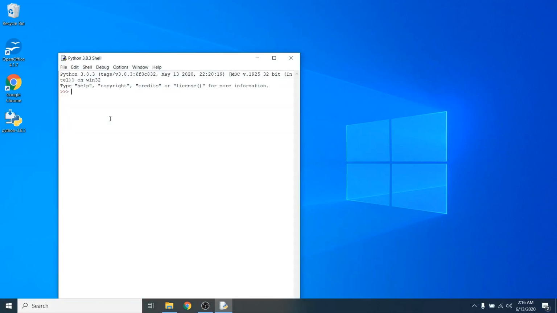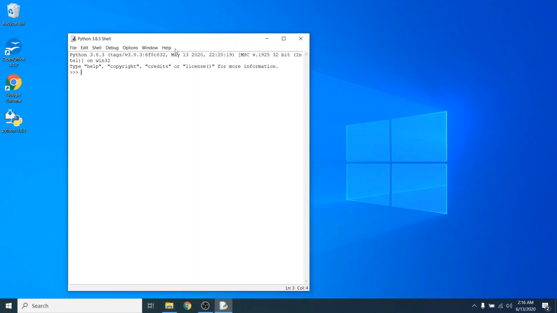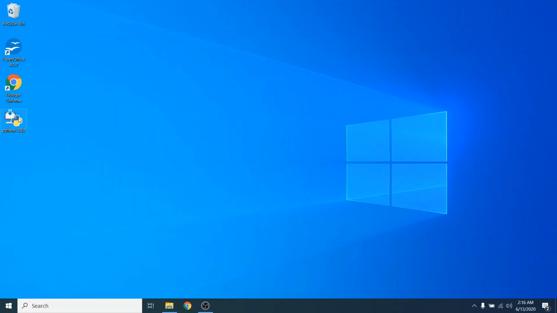So you can see how basic this is, right? It's just a basic little text editor. So I'm going to go ahead and type in print hello world. Just like that, and then if everything's working correctly, when I hit enter, it should actually just print hello world to the screen. So yeah, it does print hello world. So it looks like our Python installation is up and running properly. So I'm going to close this down, and I'm going to go ahead and delete that